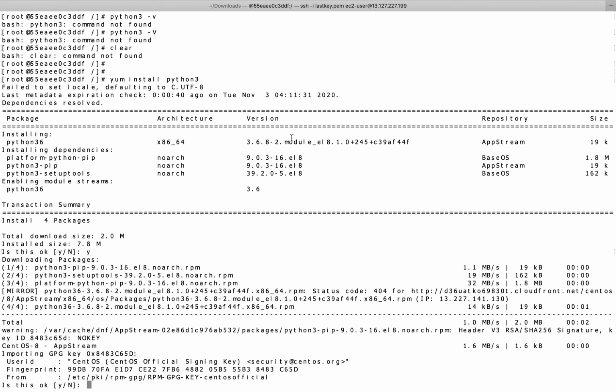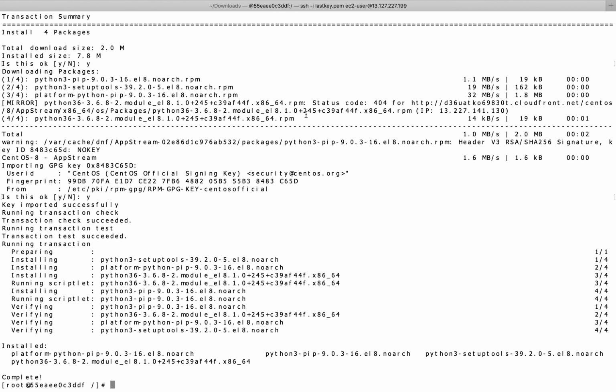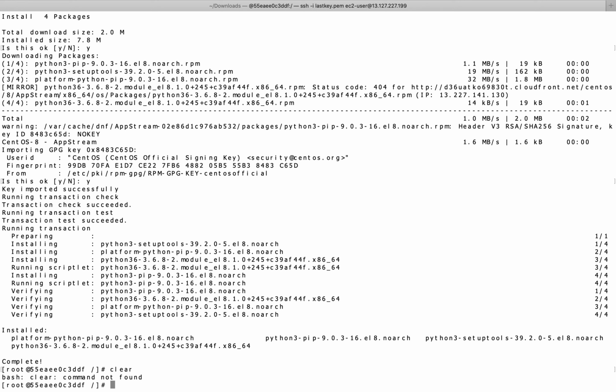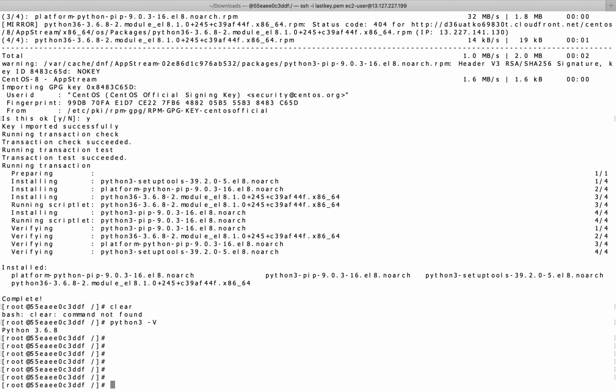So we are installing Python with the yum command. Okay, now you can see we have Python installed on our system. But the disadvantage of this CentOS version 8 is that we don't have the clear command, so we need to install it manually. Now what we will do is create a directory.